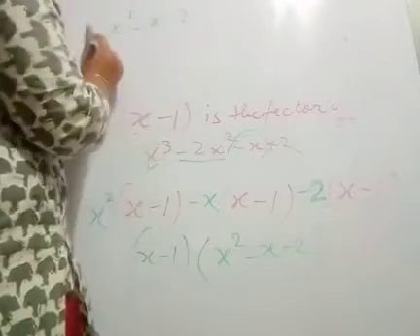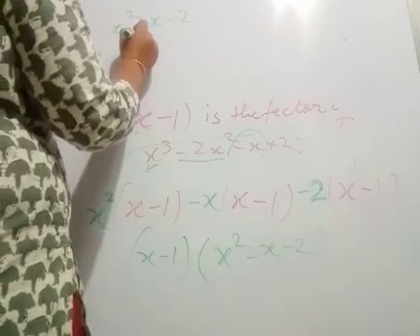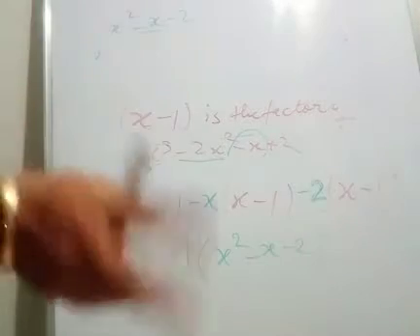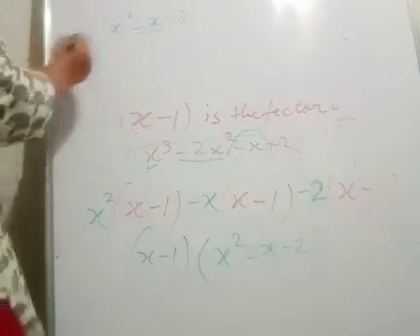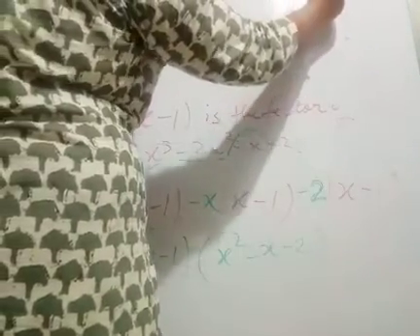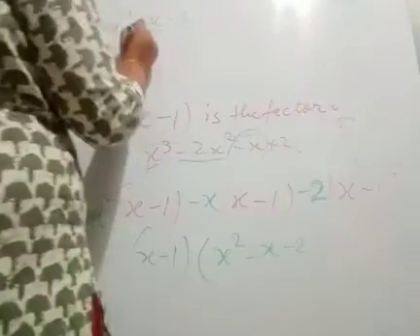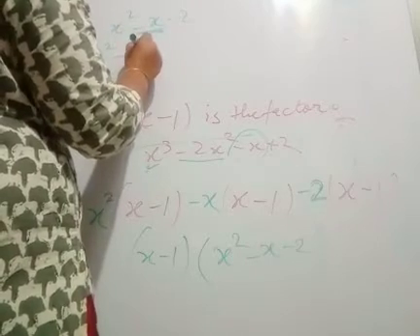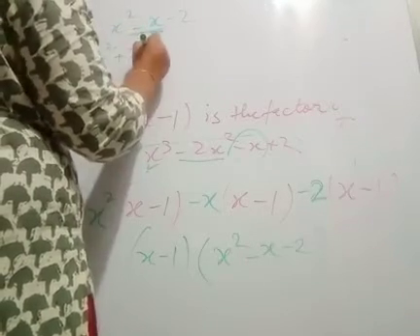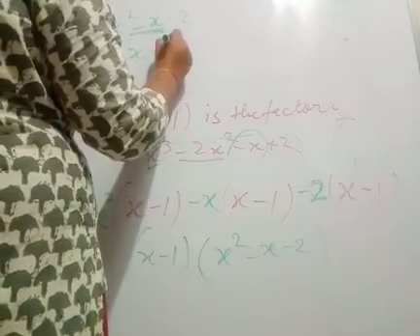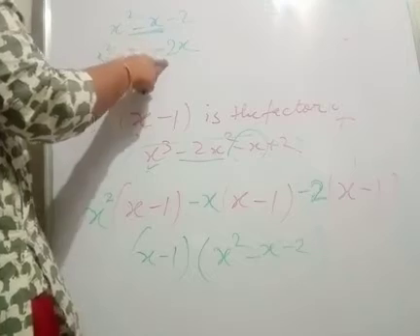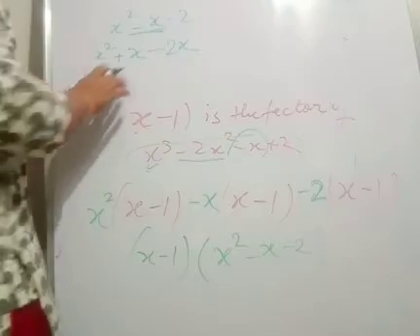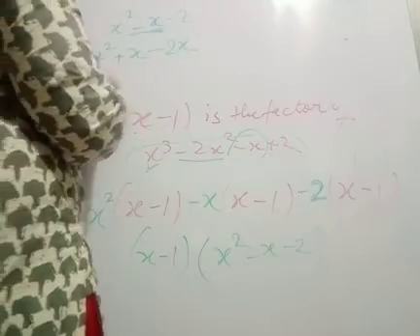We can again factorize this one. So how will you factorize? You have to break minus x as a sum of two terms so that their product must be equal to minus 2 into x square. So minus 2 into x square is equal to minus 2x square. Okay students, so we have to break this minus x in such a way. So if I break like this, plus x minus 2x will become minus x. And plus x and minus 2x, if I multiply them, then what will become? It will become minus 2x square.